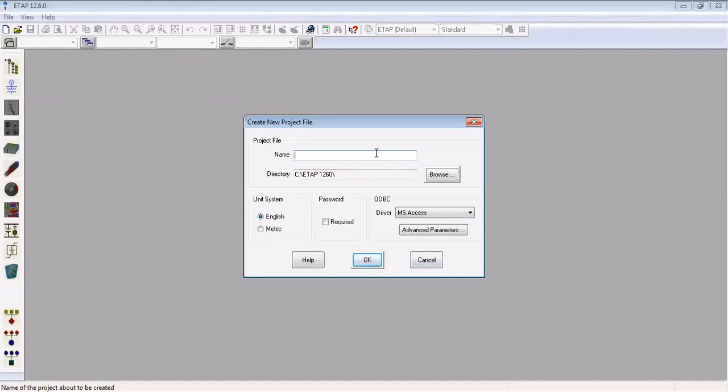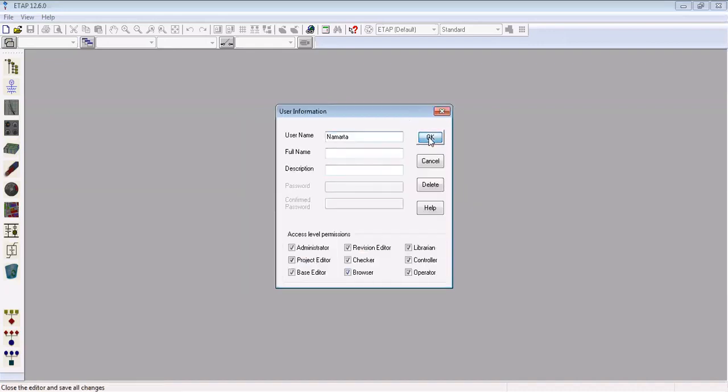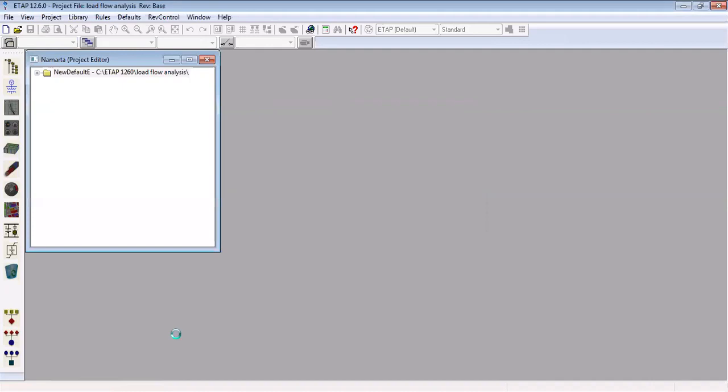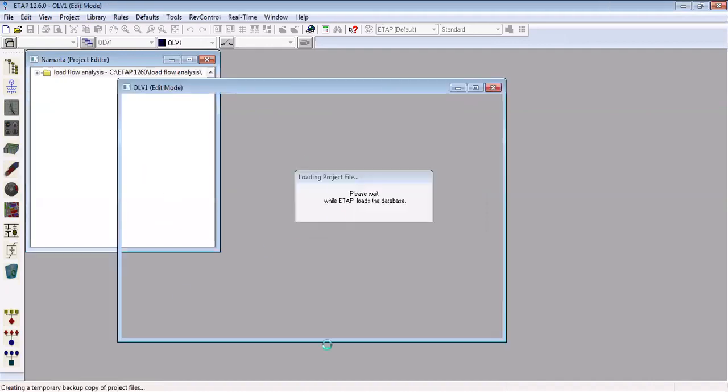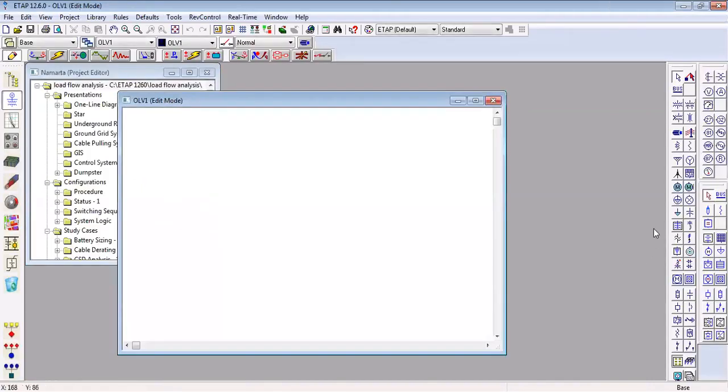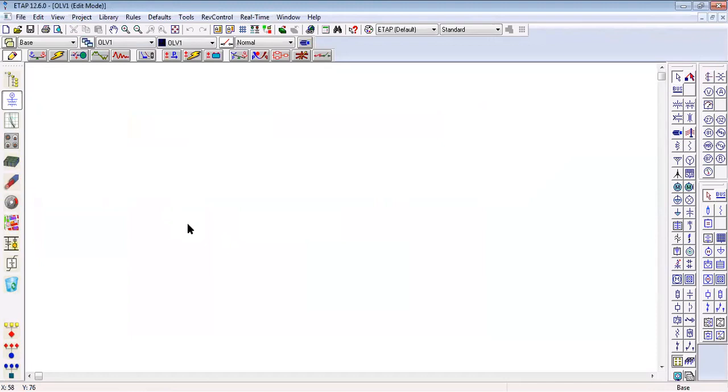Now for the load flow analysis. Okay, and this window opens on your ETAP and just maximize it.